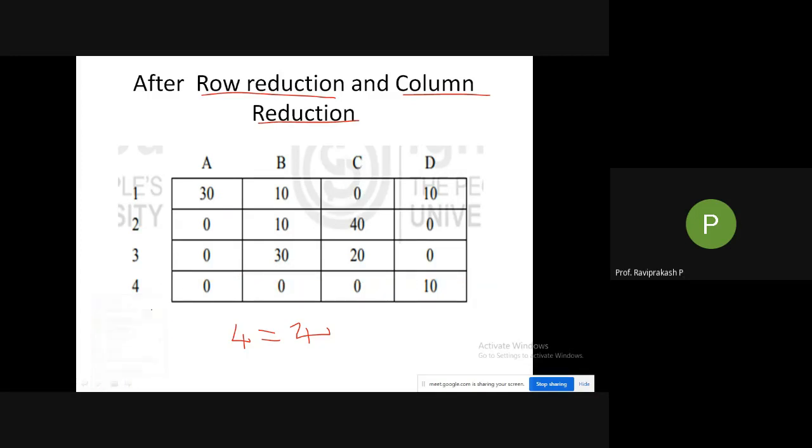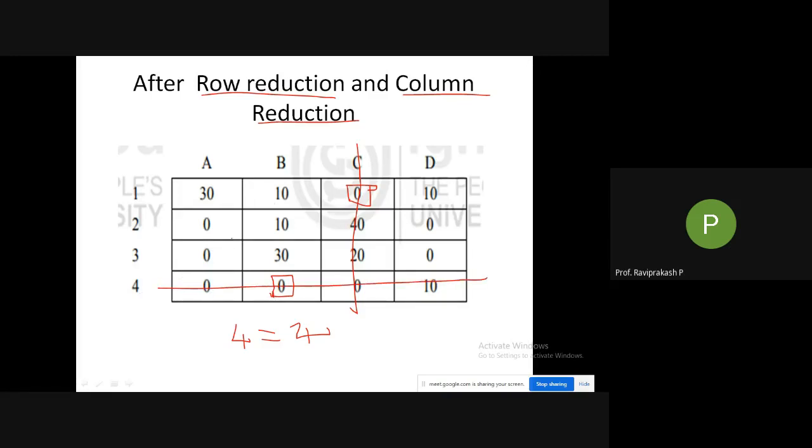If you see, we are coming here, marking this. Then we are cancelling off this particular column. Then go to the second one. There are two zeros. Third one, two zeros. Fourth one, two zeros. Column wise, three zeros, 1 0. So I'll be marking off this one. Then as it is column wise, we need to cross off this.